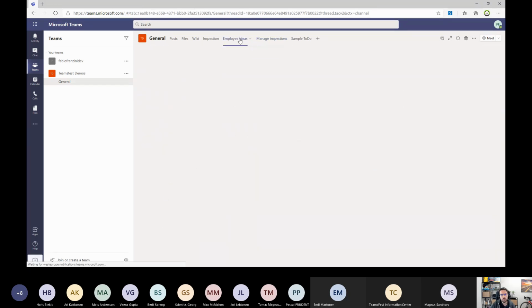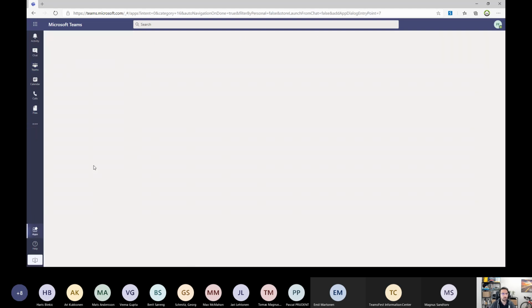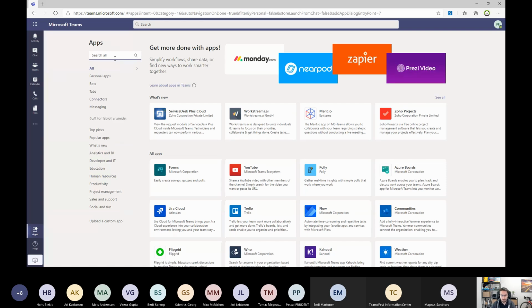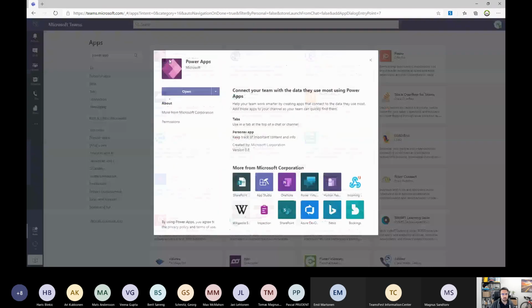But in which way am I able to create this kind of application? We need to install, first of all, the Power Apps application by using the Teams store. I already have this application, of course, and now I have to open it. But if it's the first time for you, you need to install the application first.